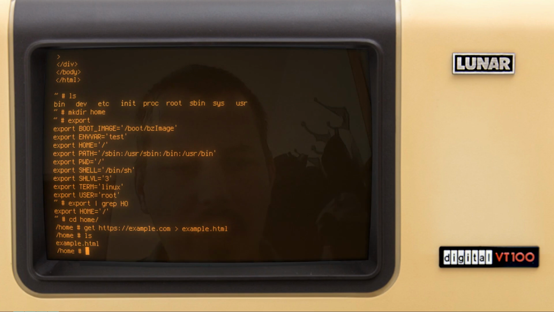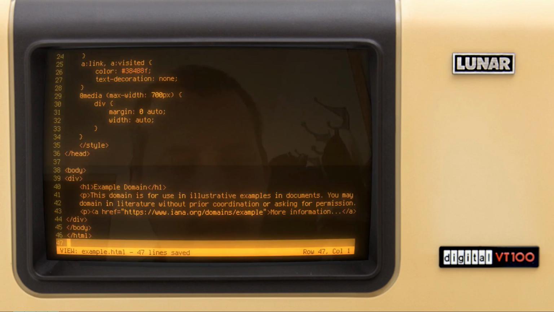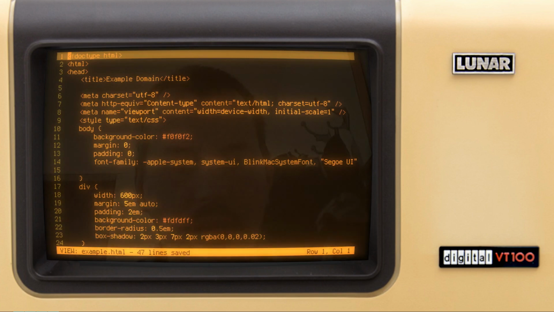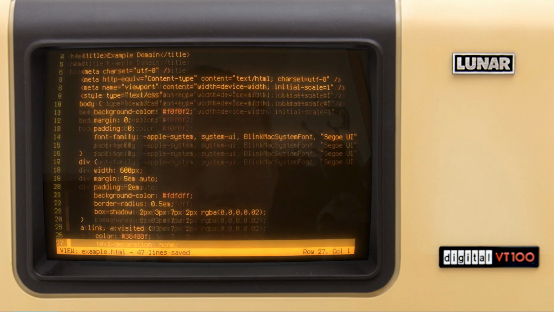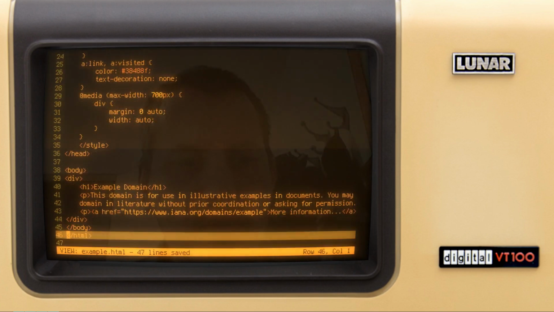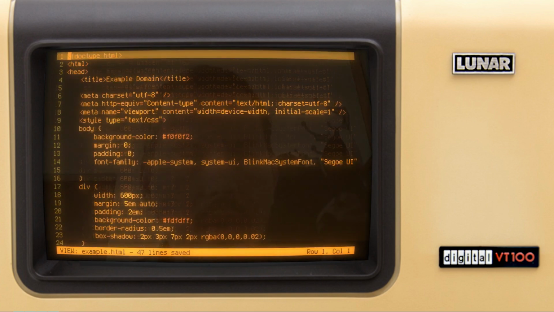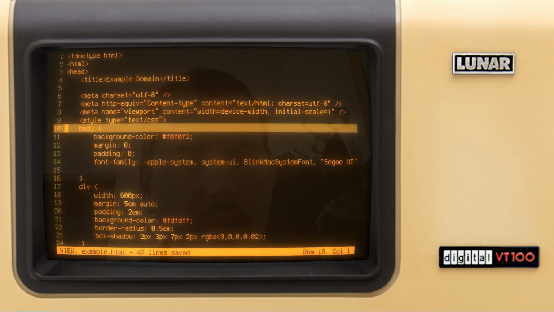Okay, and we have the example HTML file, which we can now open with a text editor. Fantastically good. So yeah, we can see what we got here. It's really amazing. And also, what is even more cool, with this get utility, we can install whatever static binaries we have. So there is a very nice project called